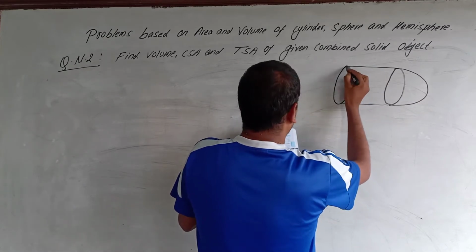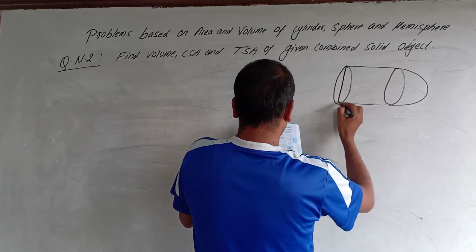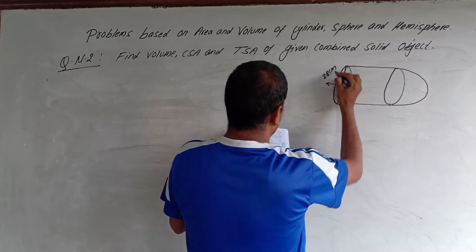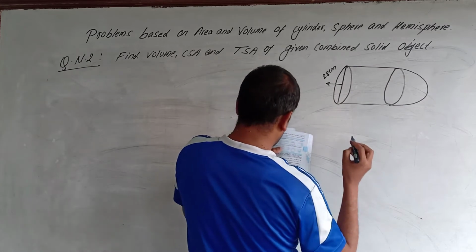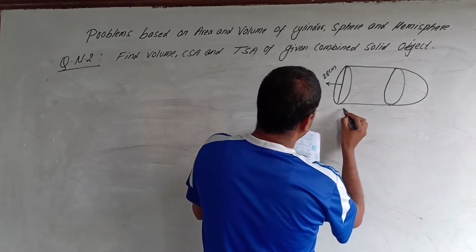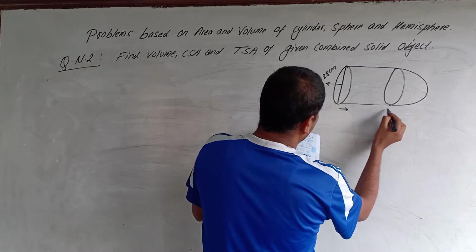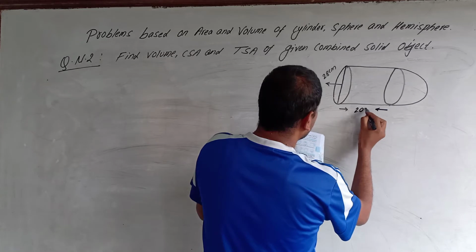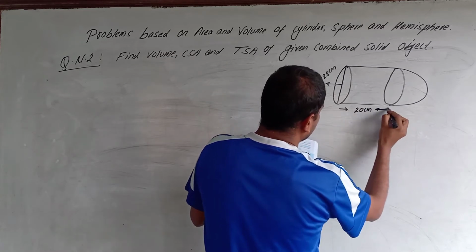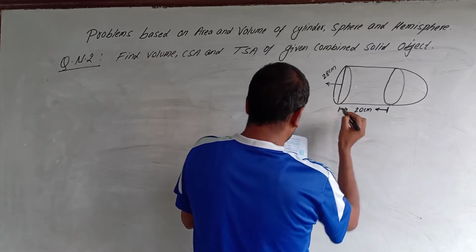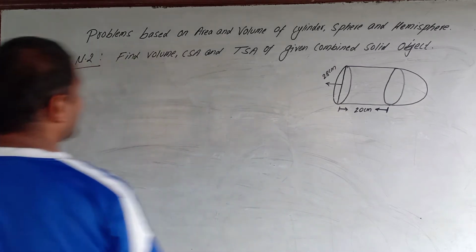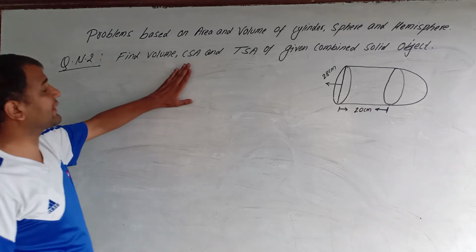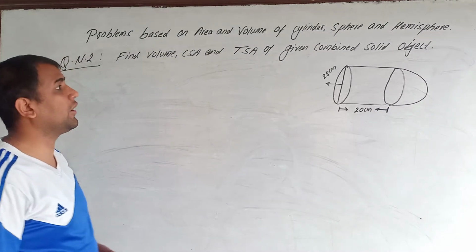The diameter of this cylindrical part is 28 centimeter, and the height of only this cylinder is 20 centimeter. This is the height of only the cylinder given, and the question asks us to find the volume, CSA and TSA of